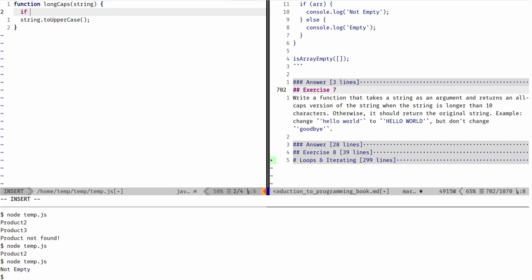So if string.length is greater than 10, longer than 10, that's what it says, then